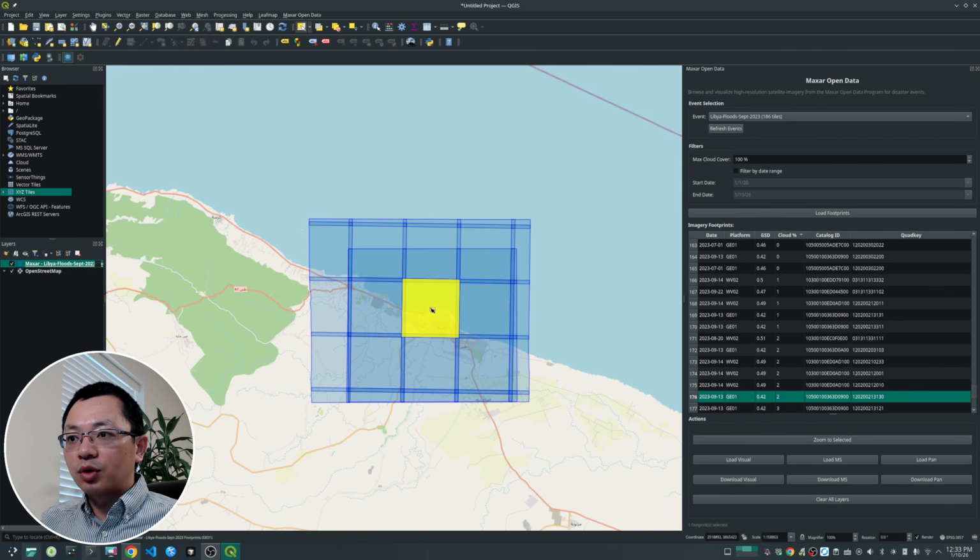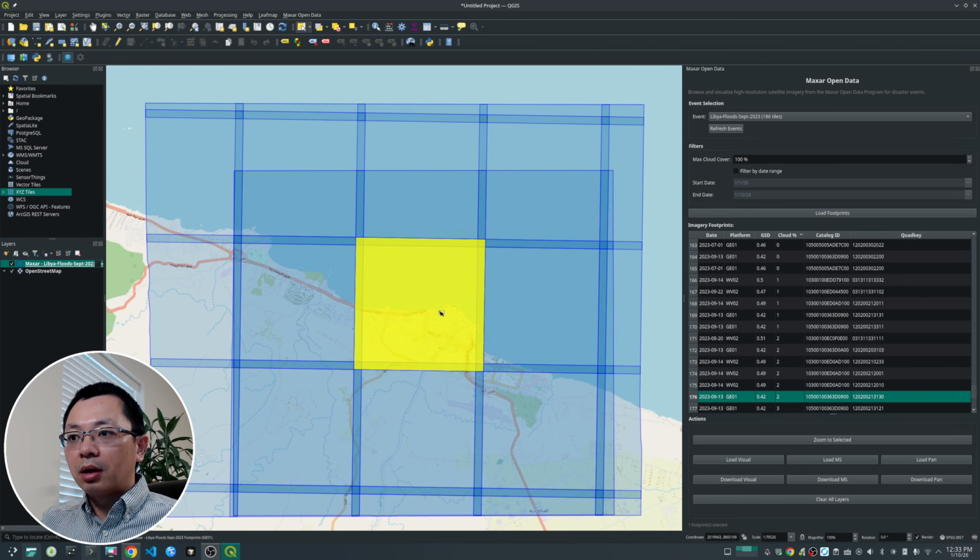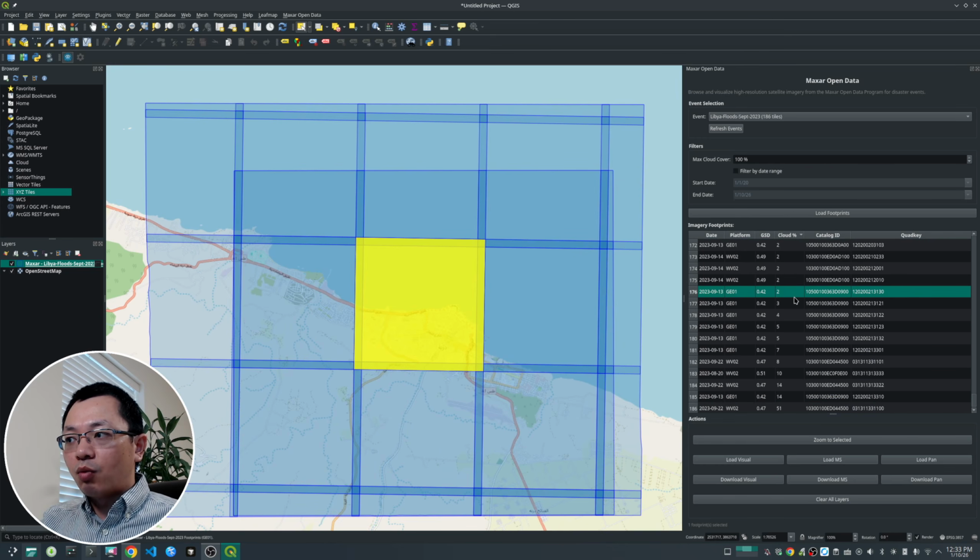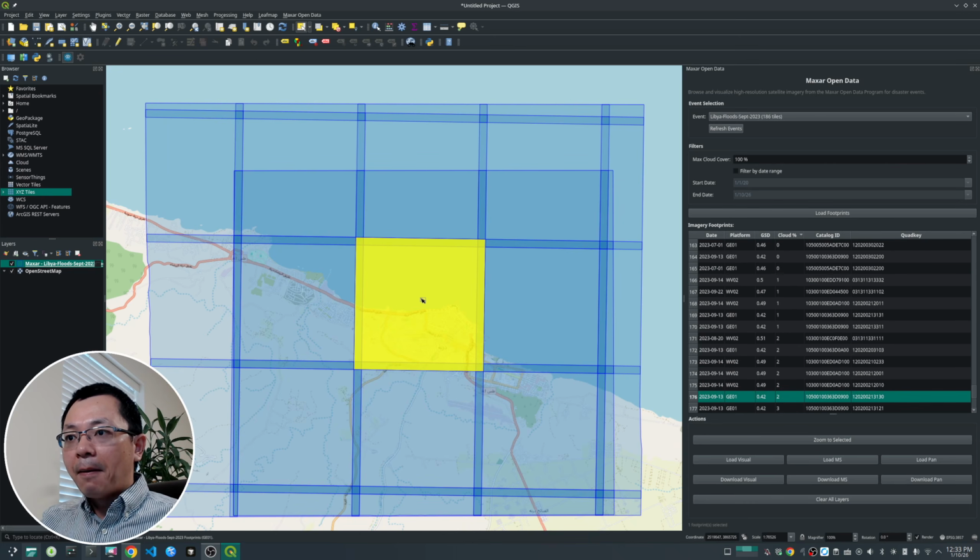So if you select just one single polygon on the map, the corresponding footprint is also going to be highlighted in the table here. So this is very useful. But if you want to query multiple polygons, right now, if you see from this